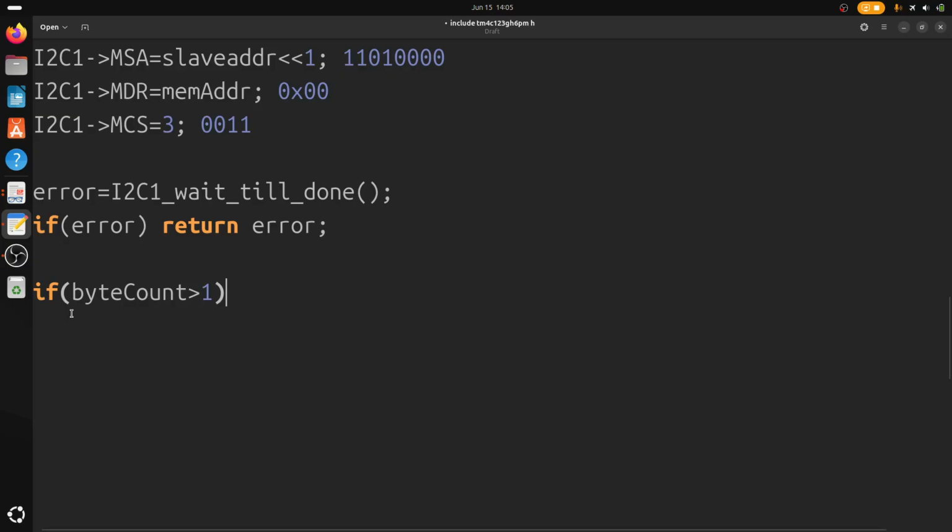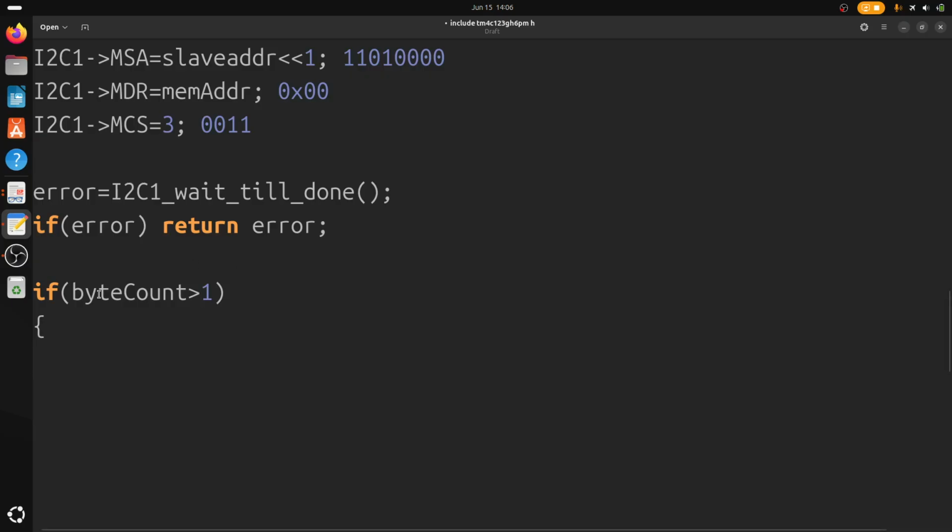More than one data means the number of bytes counted is more than 1, that means there are many data to send. So as in burst write there are many data to send, if byte count greater than 1,